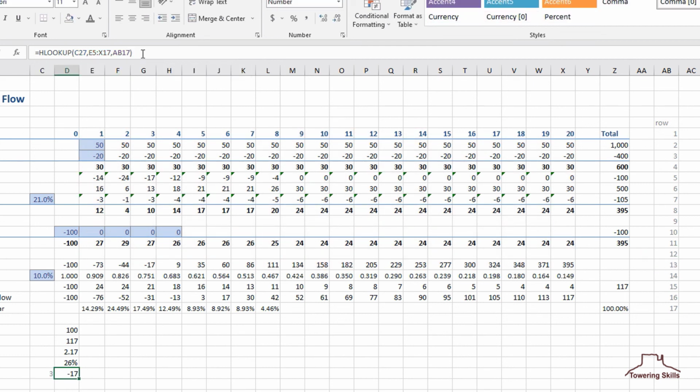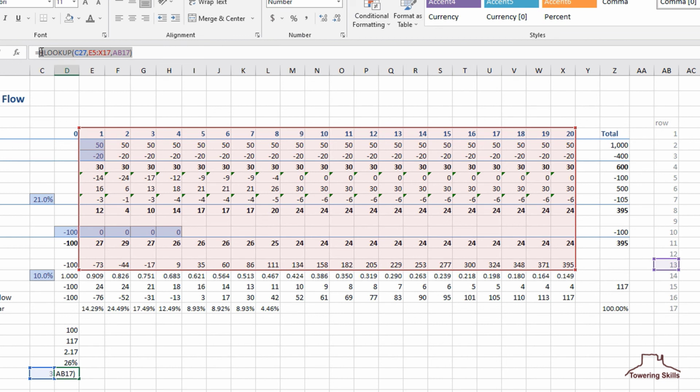And now I'm going to copy this formula and create an even more complex formula.